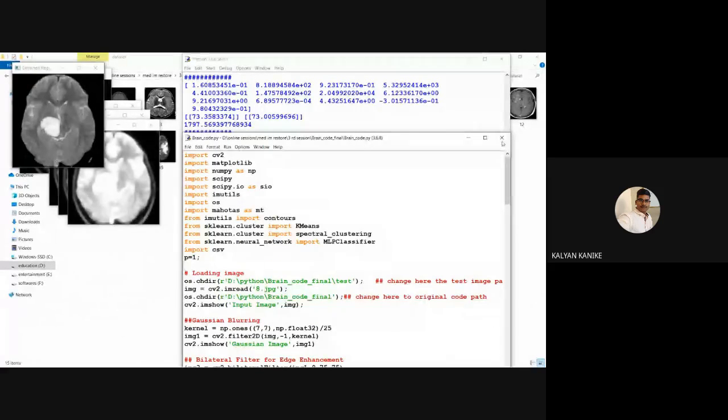So whenever we are executing this code, if it says no module named Mahotas, or no module named sklearn, I think I already told you we have to do pip installation. Pip install scipy, pip install sklearn, pip install imutils we can use generally.